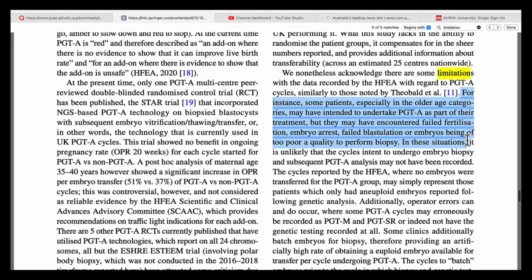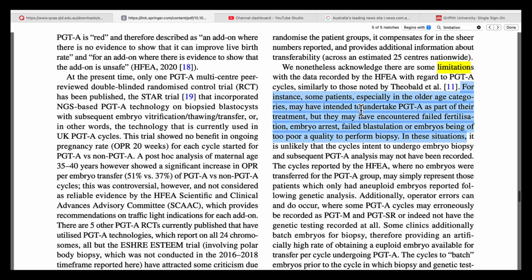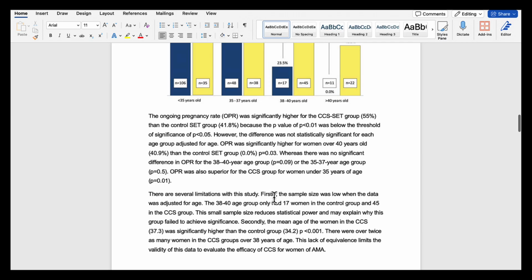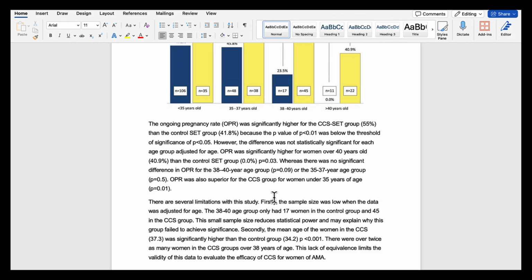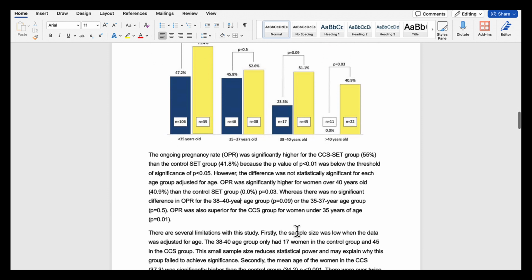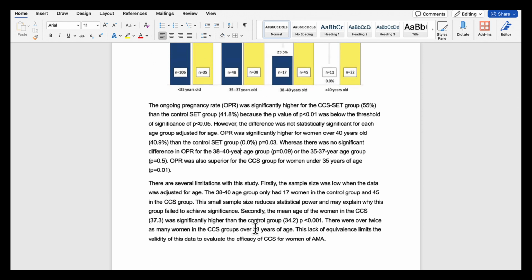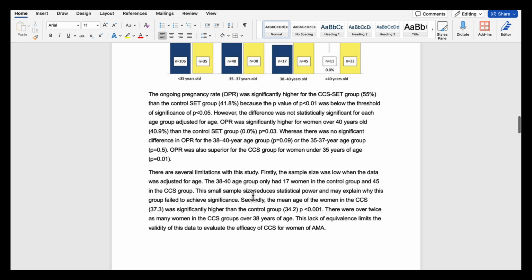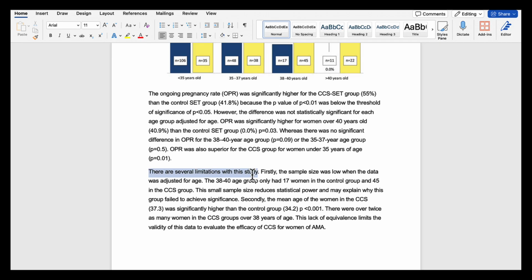So then it may well be appropriate for you to use the limitations that they say of their study. But also you might be looking at things like small sample size. You might be looking at the age of the paper. So this paper was from 2012, and it was looking at data from 10 years before that. So you could say that it might be out of date. So the way I do this is I firstly say there are several limitations with this study, and then I say firstly, and then I say what the limitation is, and then secondly. Okay, so that just signposts in a nice structured way to do it.